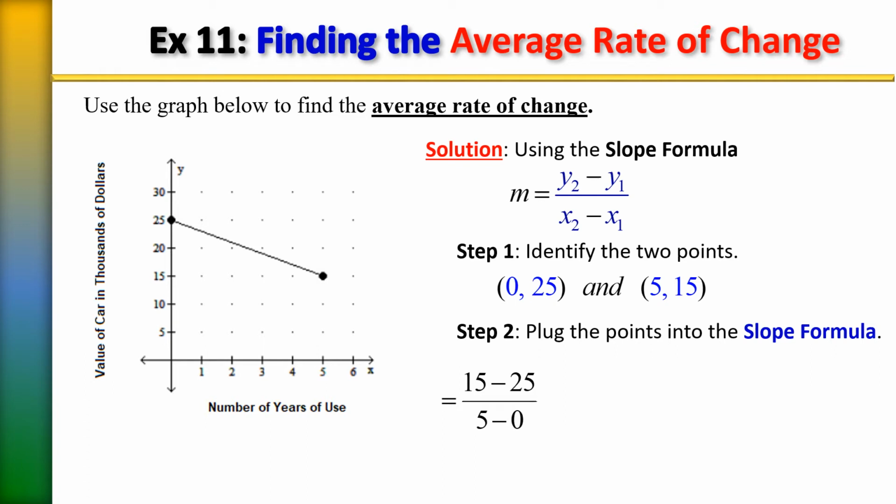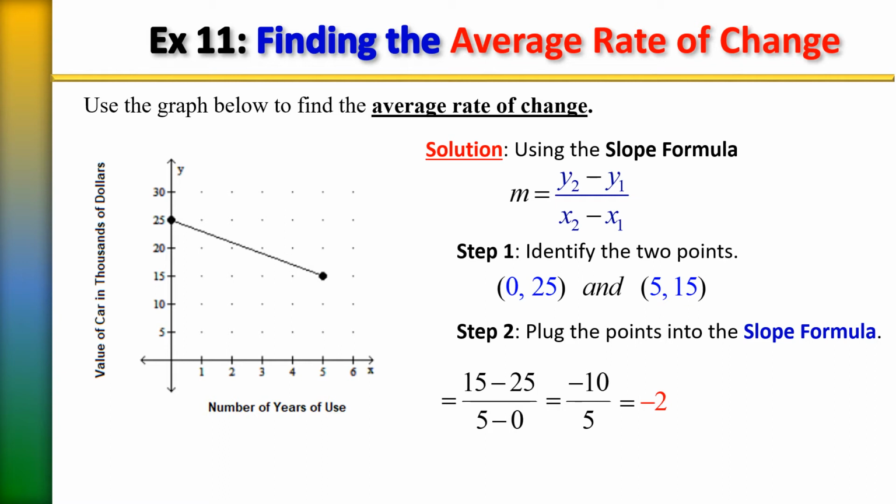Subtracting the top is going to give us a negative 10, and the bottom is going to give us a 5. Negative 10 divided by positive 5 is going to give us negative 2. So we have a slope of negative 2. We have a negative slope, and that's right in line with what our line looks like. Notice our line is moving from left to right in a downward motion, which indicates that that is a negative